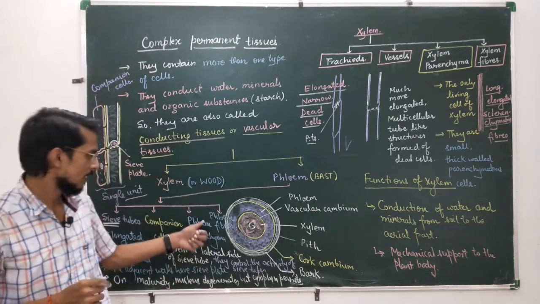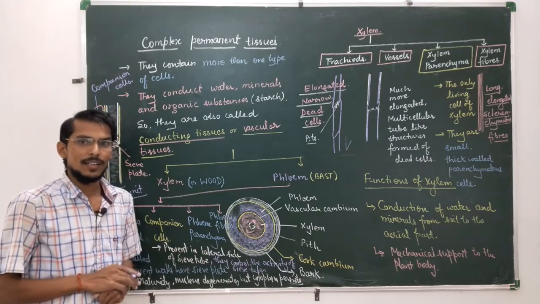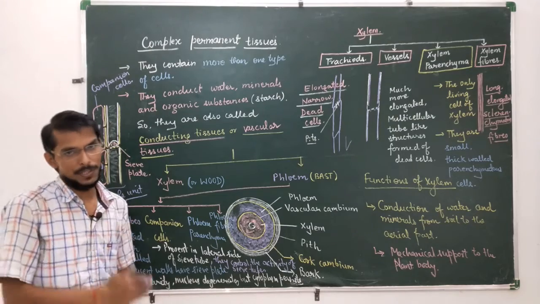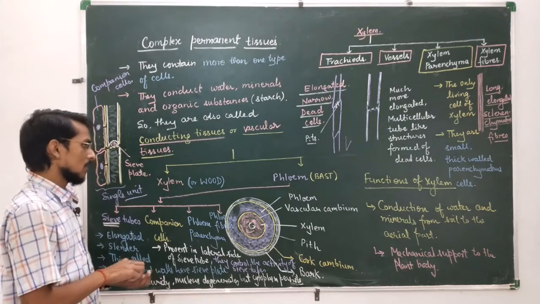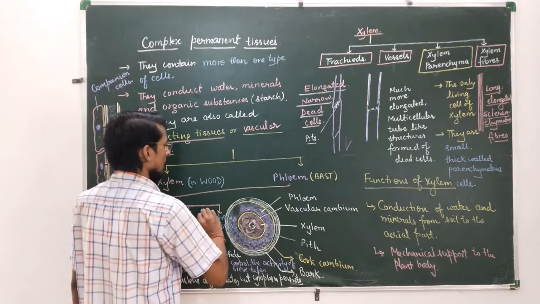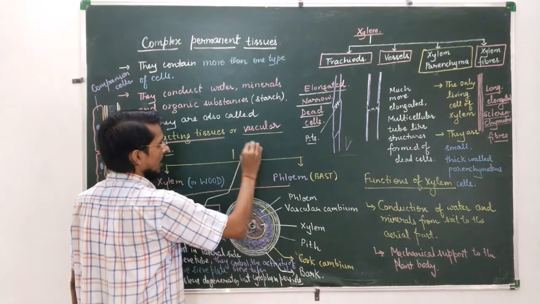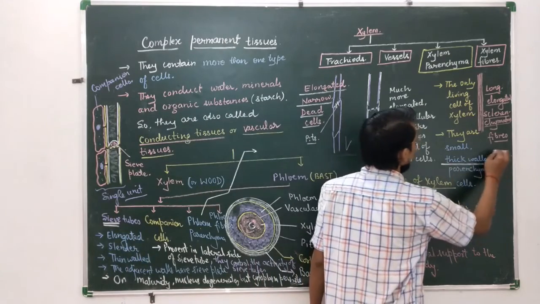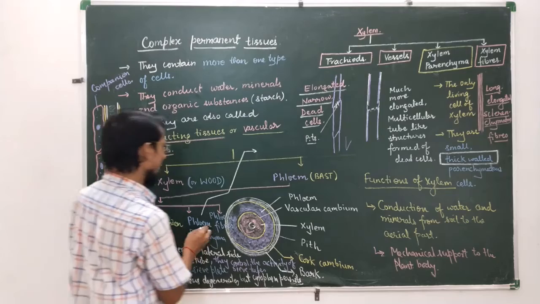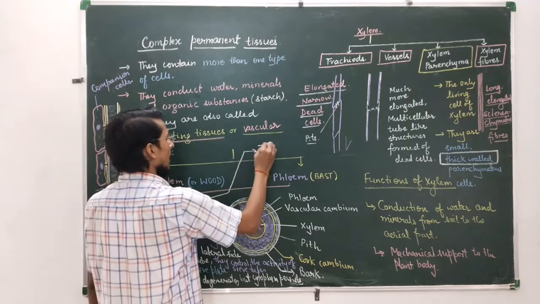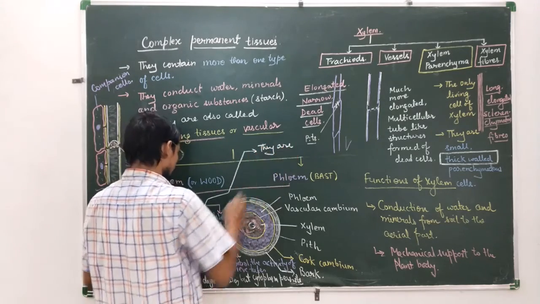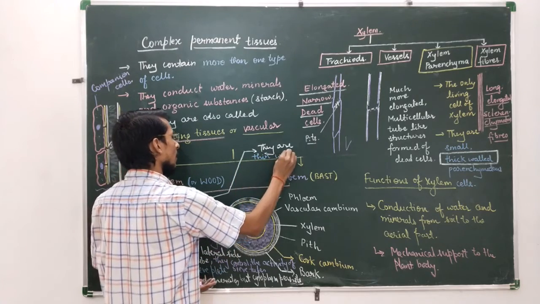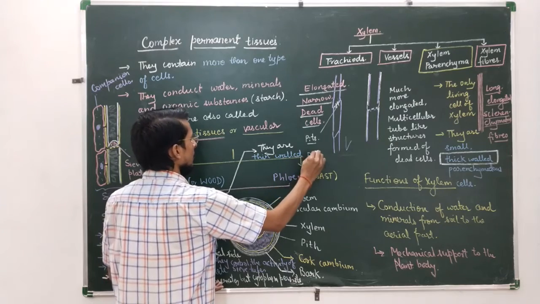The next is phloem parenchyma. Again this is parenchyma, so the function will be to fill the space. Let us know about phloem parenchyma. There is a slight difference between xylem parenchyma and phloem parenchyma. In xylem parenchyma, you see that they are thick walled. But in phloem parenchyma, they are thin walled parenchymatous cells,